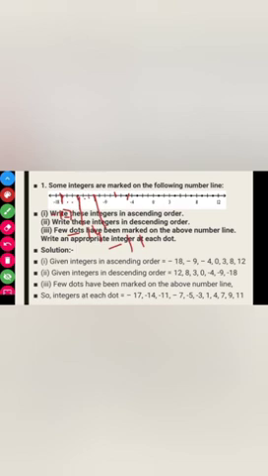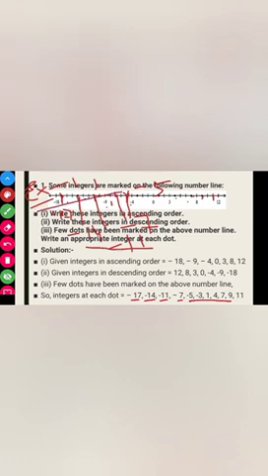Similarly, here it is minus 9, so it will be minus 8, and therefore this will be minus 7. And this dot is lying left of minus 4, so it will be minus 5. Similarly, you can write the appropriate integer for each dot. So that is minus 17, minus 14, minus 11, minus 6, minus 7, minus 5. Here it will be 4, then 5, 6, 7, and here it will be 9. Here it will be 11. Understand, all of you? So this was exercise 1.1, question number 1.